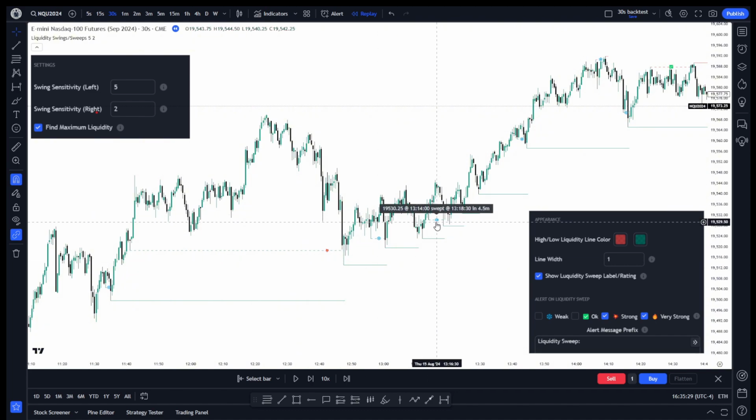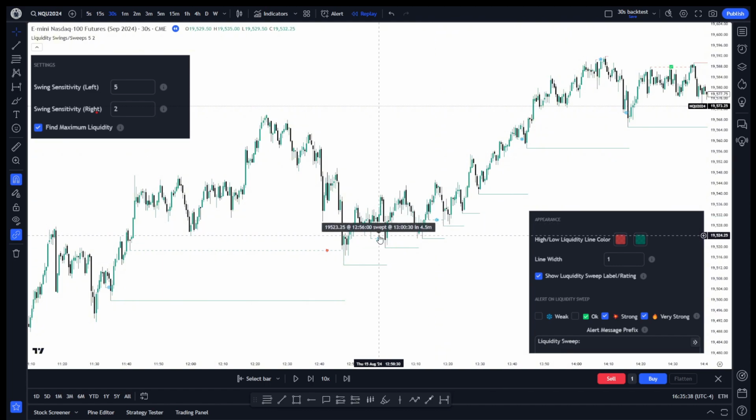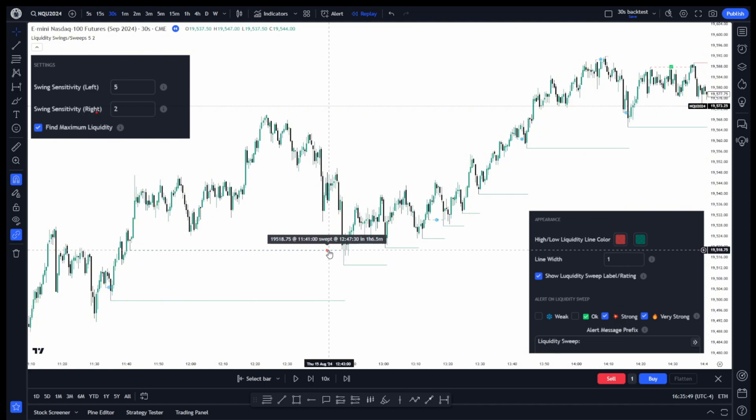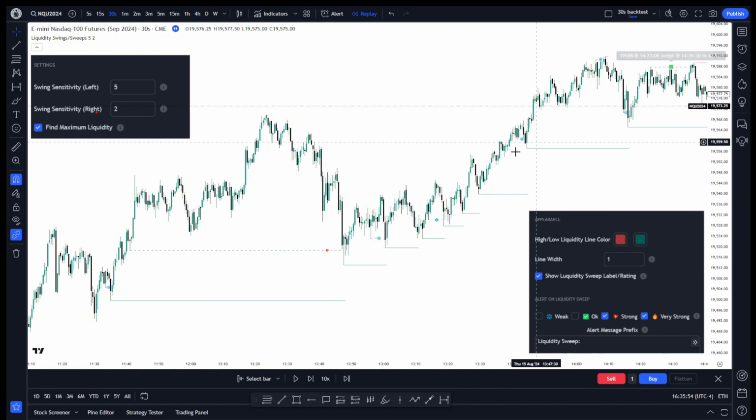These snowflake icons are the weakest sweep because they only swept liquidity, as you can see in this particular case, 4.5 minutes, not a very big sweep, or another 4.5 minute sweep here, or even a small sweep right here of only a minute and a half. Once you get into larger size swings like this one, which is a little over an hour, or this one that is over 10 minutes, then they carry higher prominence and are marked with an icon that indicates